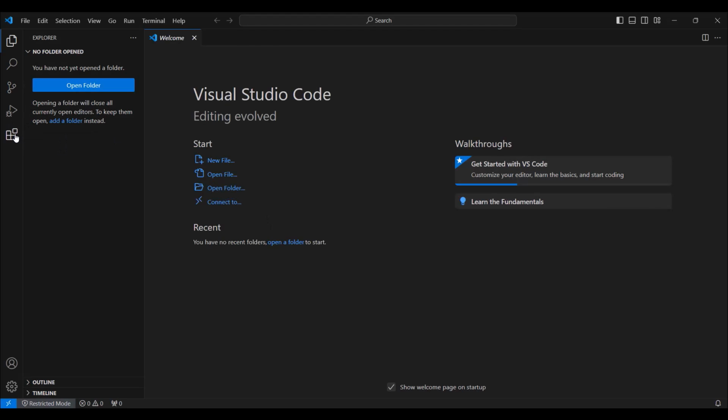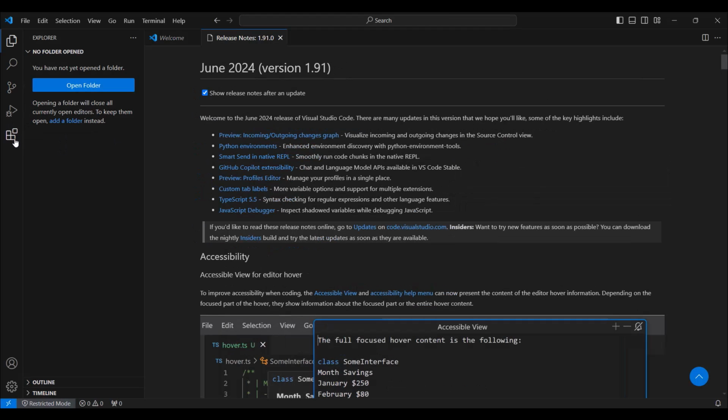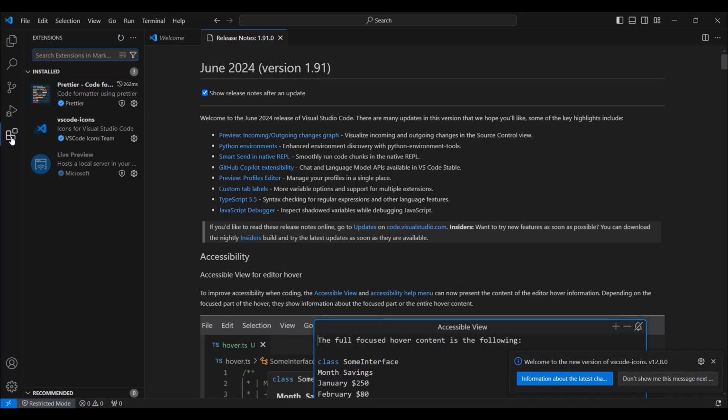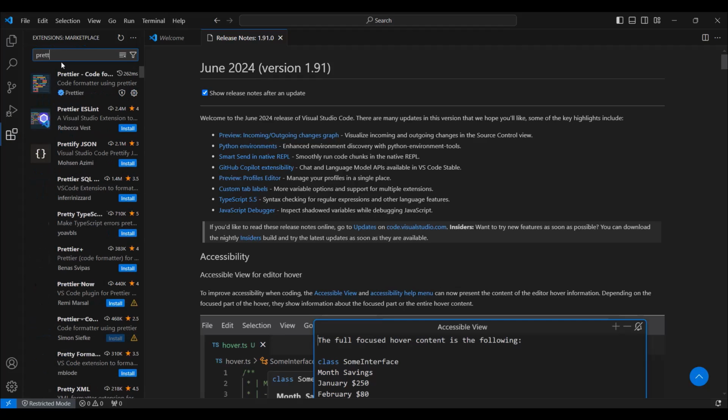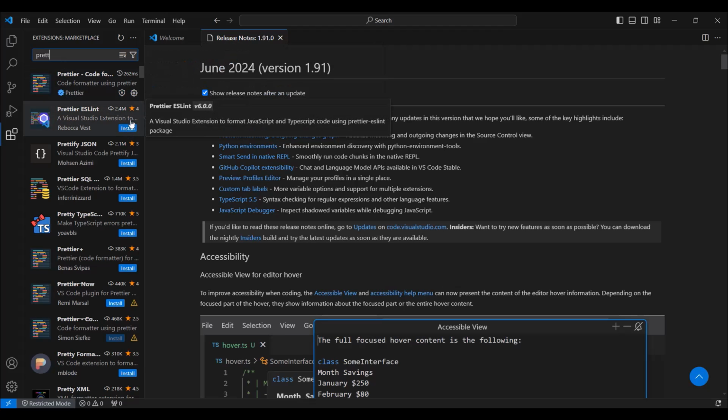and that is to click on the left hand side here on those cubes. So let's click on this, and also make sure to have those extensions installed. So you're gonna search for those extensions here, because in your case they're not gonna be already installed, but for me they are already installed. So I'm gonna type here prettier, and you're gonna click on this button which is gonna say install.